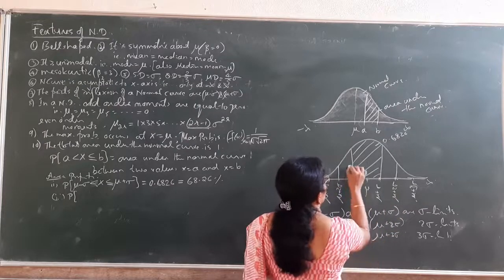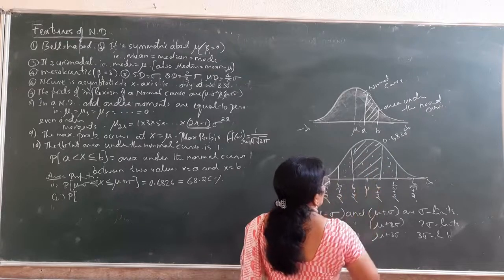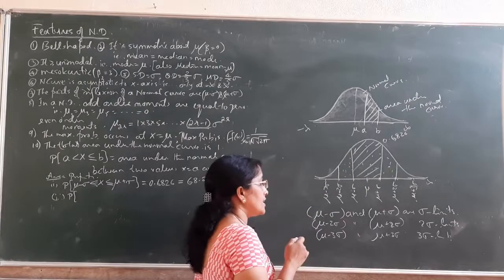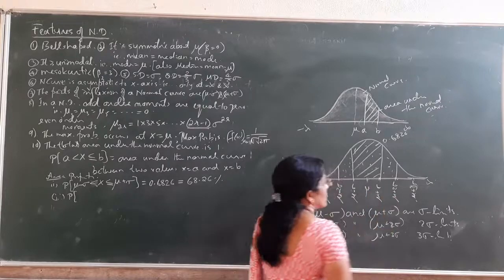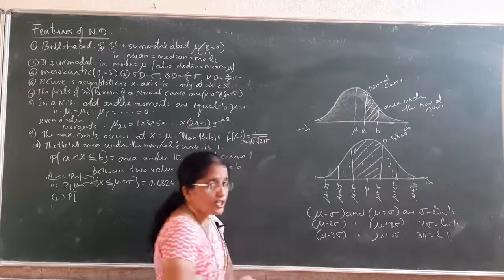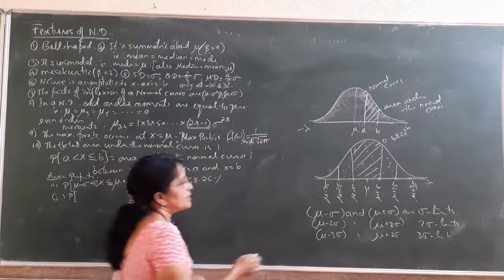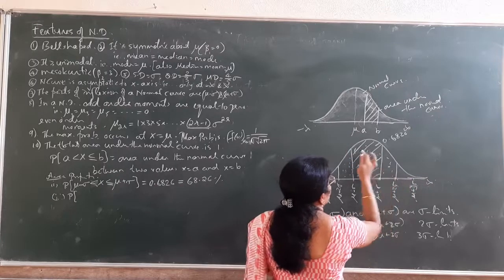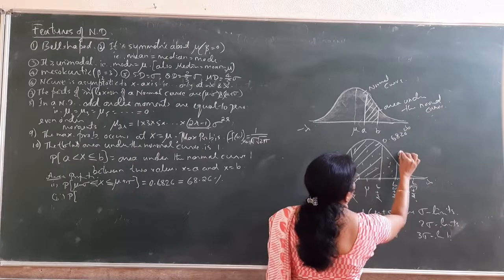The dotted region indicates the area between mu minus 2 sigma and mu plus 2 sigma. Suppose here the total area under the normal curve is 1. What is this dotted area? This area is